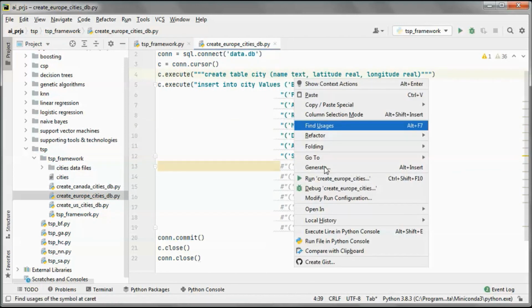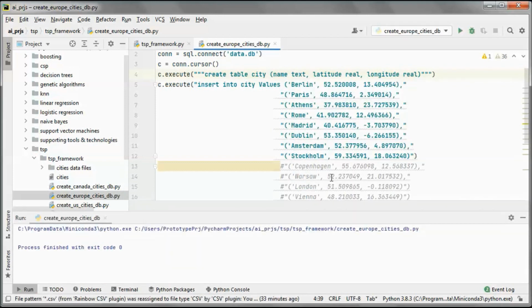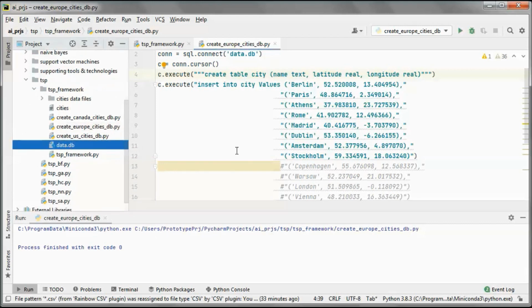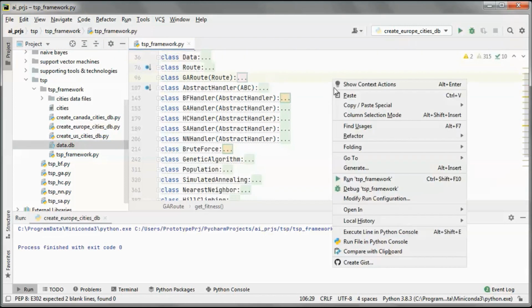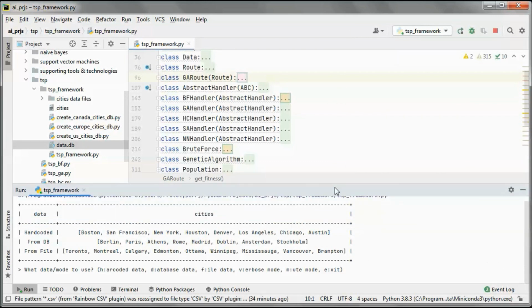And run this script, which created the database, and now let's go ahead and run the framework again. So we have 8 cities coming from the database.